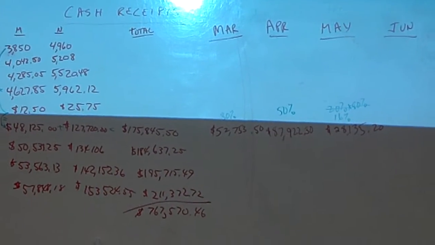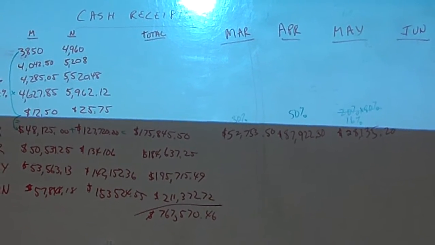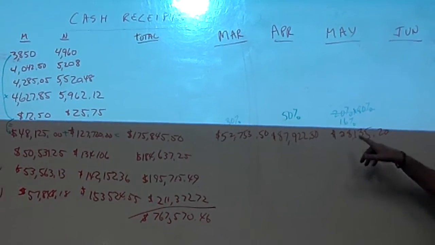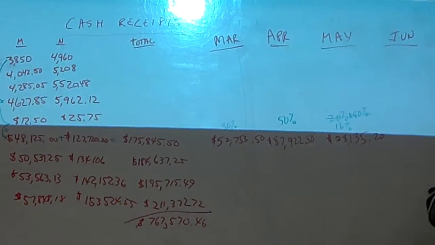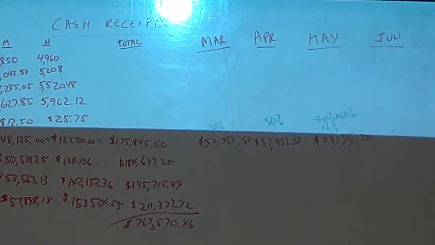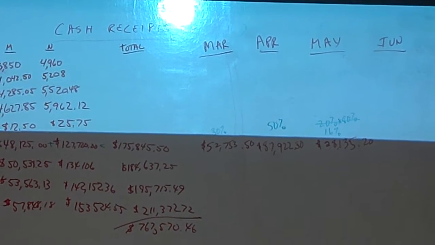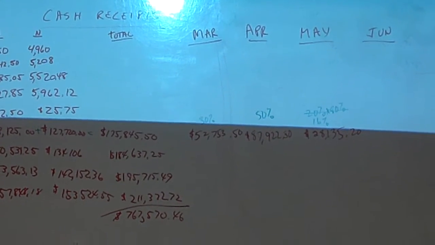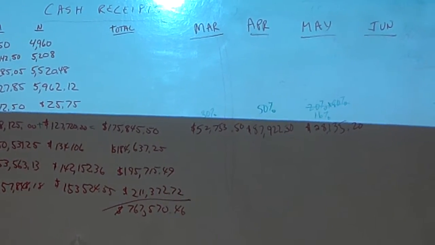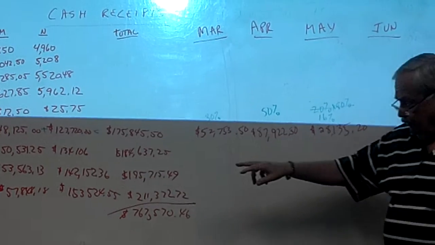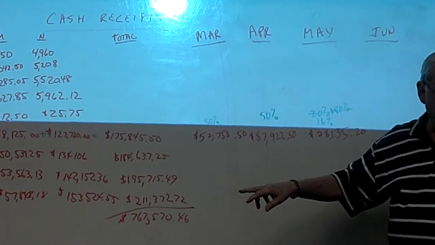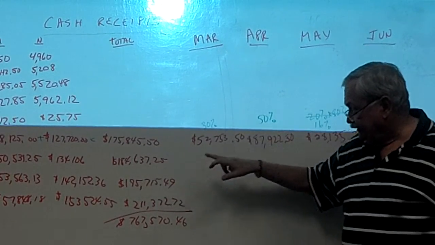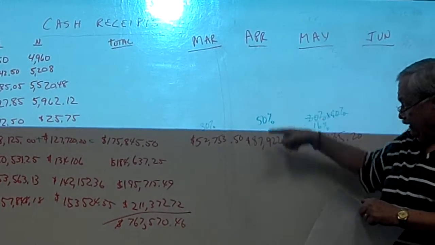Is that my 16% there? 28,135, 16% of that number. Okay, do the same thing for April. So all the months will be that same percentage. 184 times 30% we collect in April,